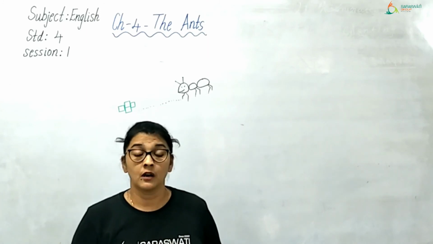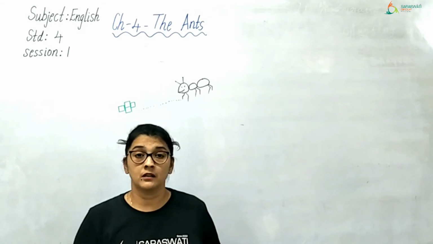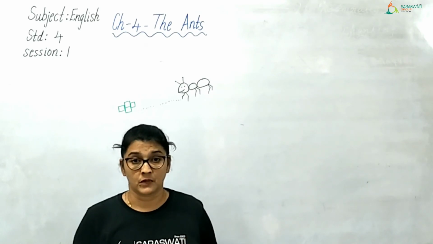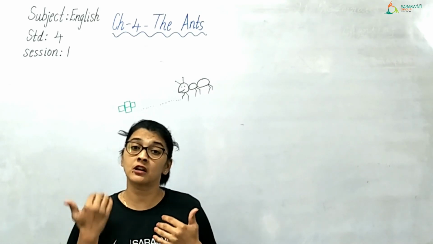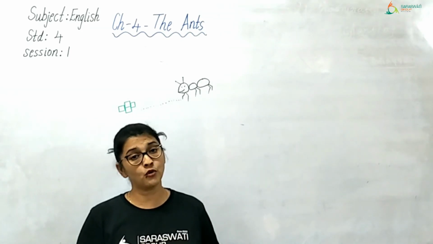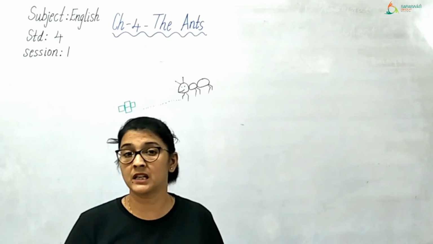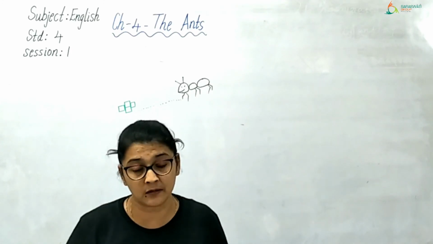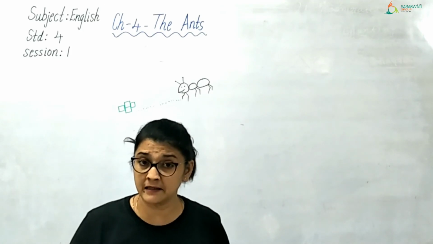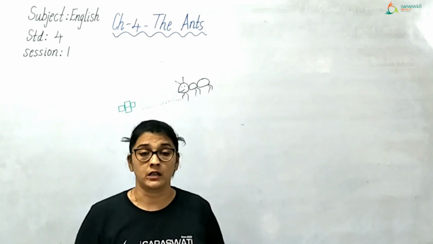Okay. Now, along with this video lecture, you are going to get a worksheet. Okay? And in the worksheet, you will find the first question as match the following, where you will have to match the correct meanings with the correct vocabulary words. Okay? As we do all the time. And the second question will be MCQs. That means one question and multiple choice answers. For one question, you will get 4 options. From that, you have to find the correct answer. You have to tick that and select the correct one.